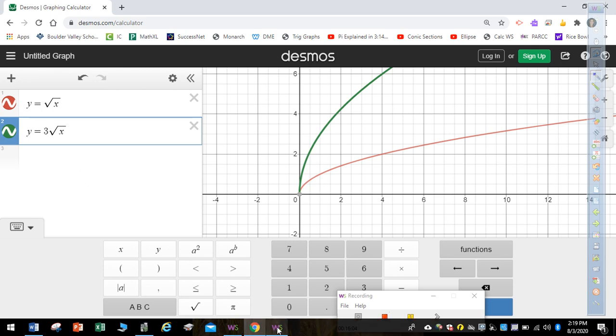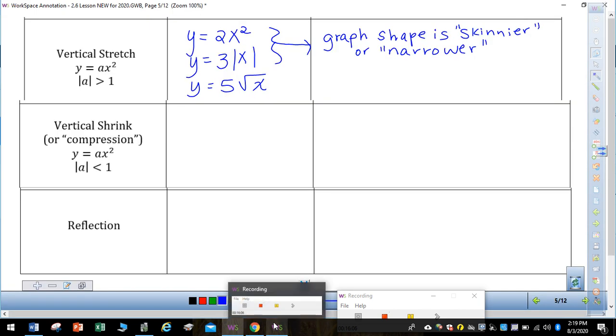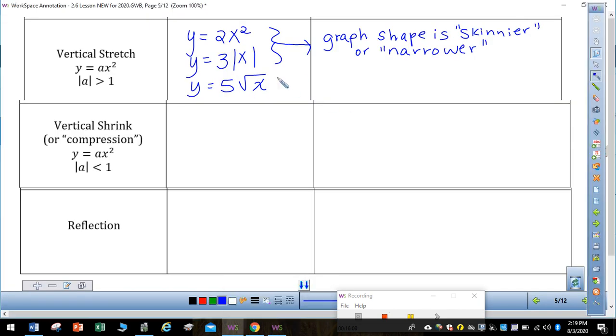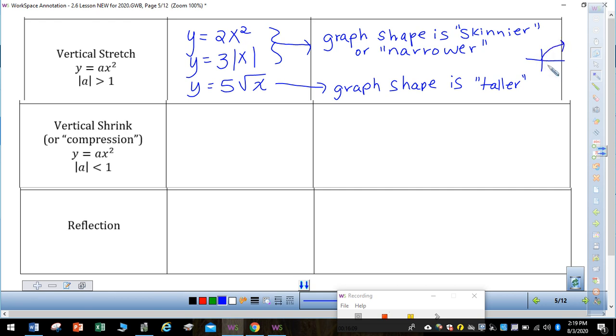So let's go back to our chart and maybe just say for this one, it looks like the graph shape is taller. And if you want to, you can draw a little sketch of what it would look like if it's taller, off to the side. Okay, we're going to go back to Desmos,